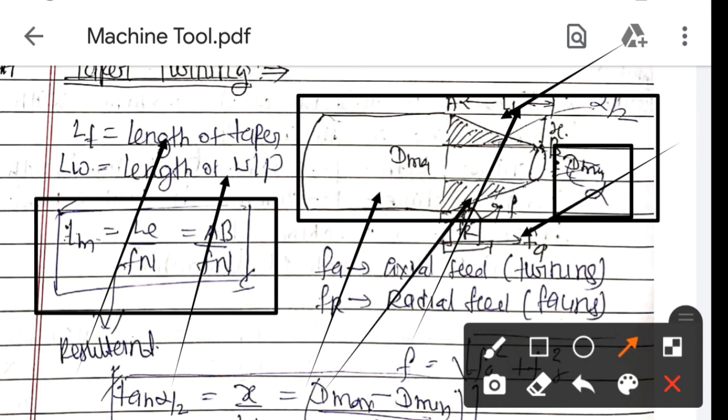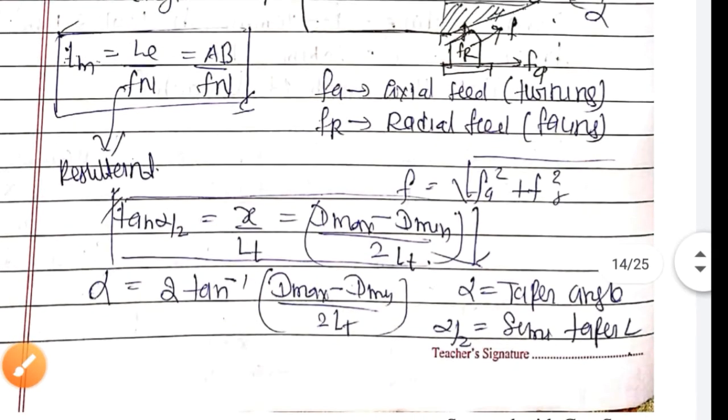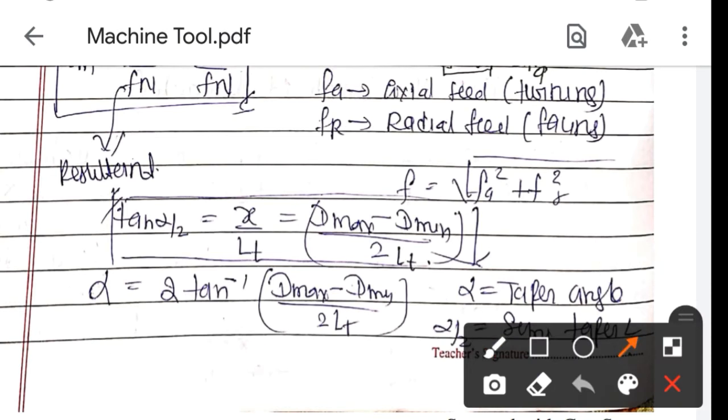radial direction. But in the previous problem or topic, we substituted the feed value directly, whereas here we have to enter the resultant feed, because the feed will be the combination of axial and radial. How you find the resultant one is basic calculation. So this is how you have to find the resultant feed.